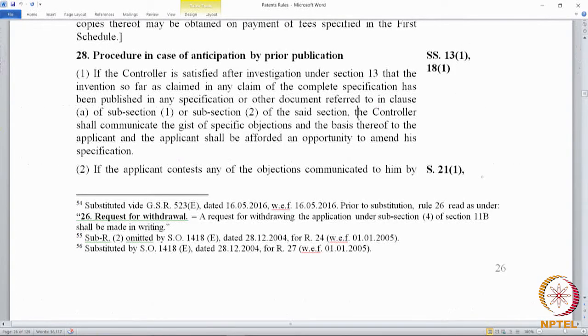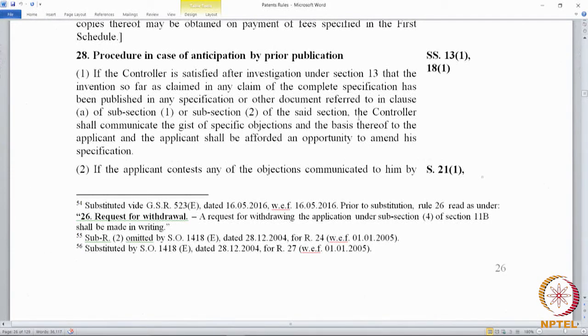controller that the priority of the claim of his application is before the date of the prior art document that is cited against it, or he can amend his complete specification to get over the objection. These are the two things the applicant can do.